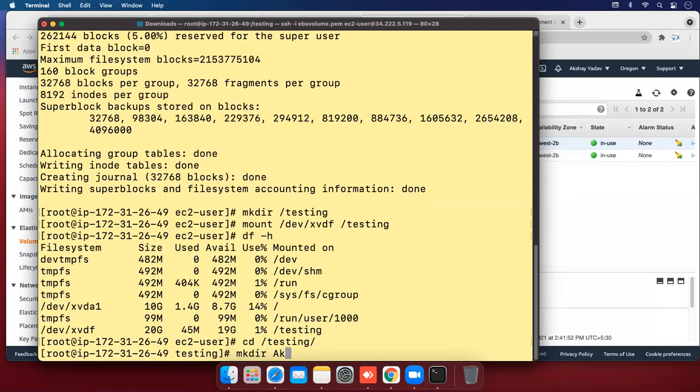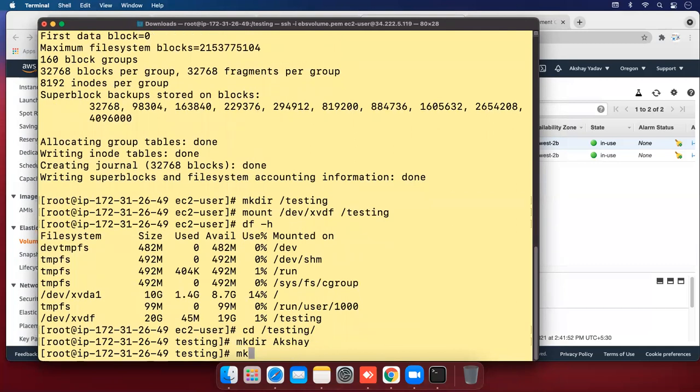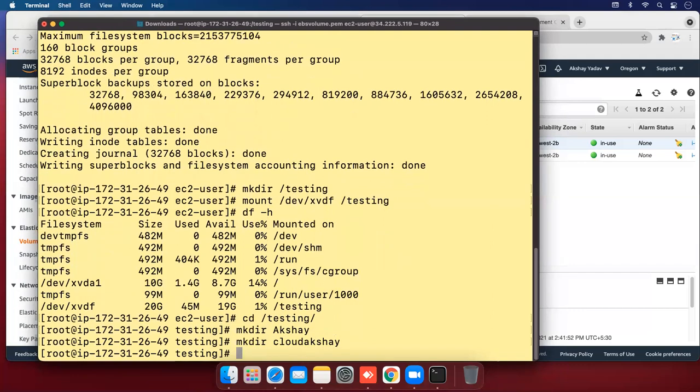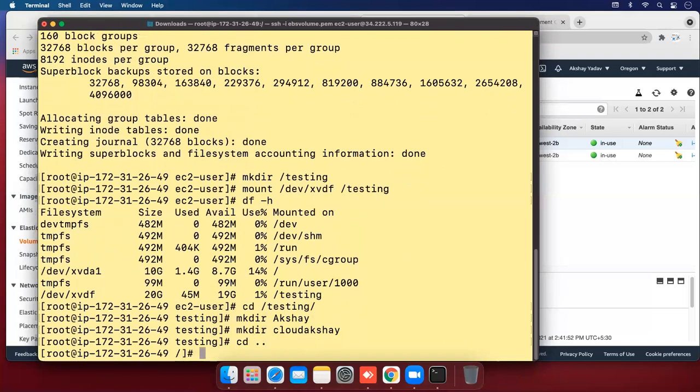I'm going to create here Akshay, mkdir cloud Akshay, enter. Let's go back, and if you want to do it permanently, you need to enter some configuration file,